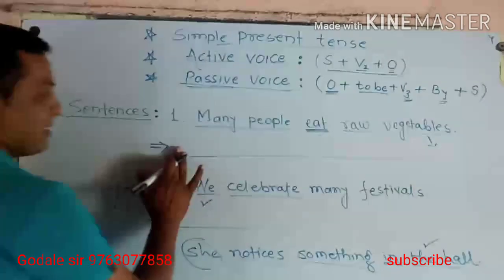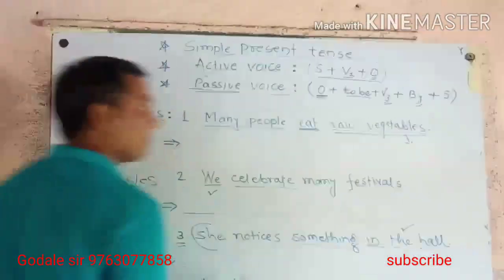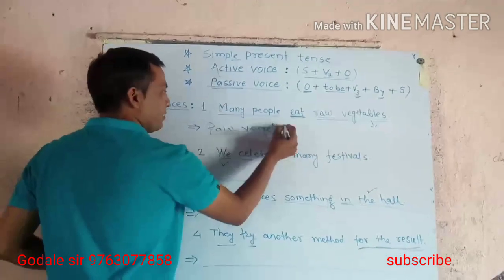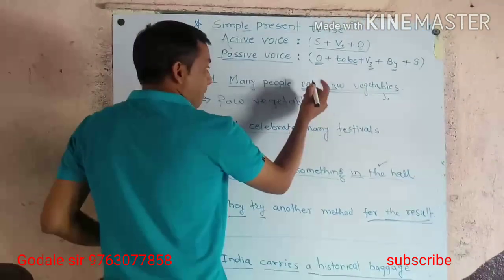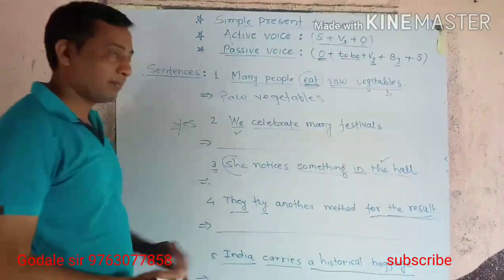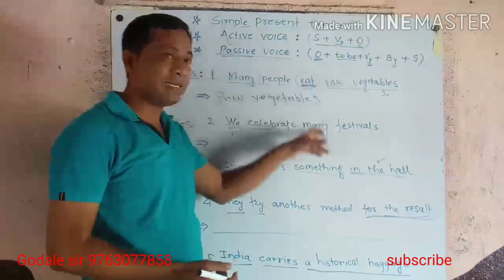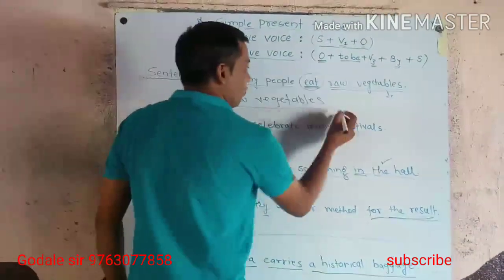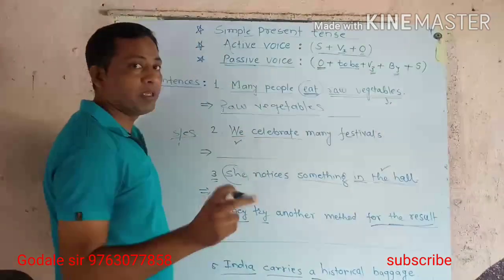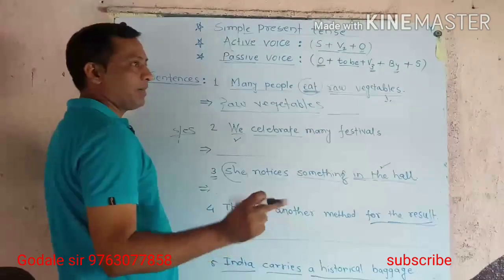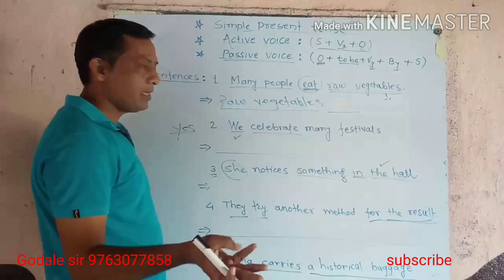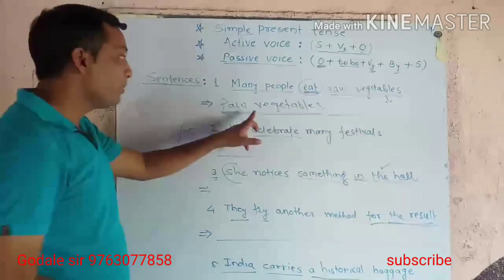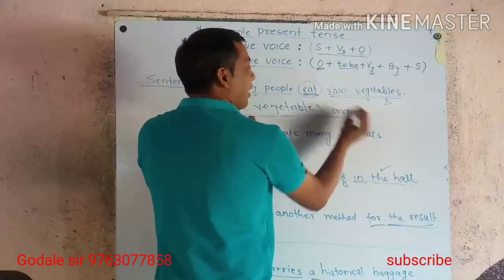So look at the first sentence. Which is the object here in this first sentence? Obviously raw vegetables. Then which is the verb? Eat. I told you that this one is in present tense. It is the first form. Therefore, after this new subject, what do we need here? We need to be forms, especially present to be forms. And what are they? Am, is, are. So as per the new subject, it's in plural form. Therefore, we should take here "are".